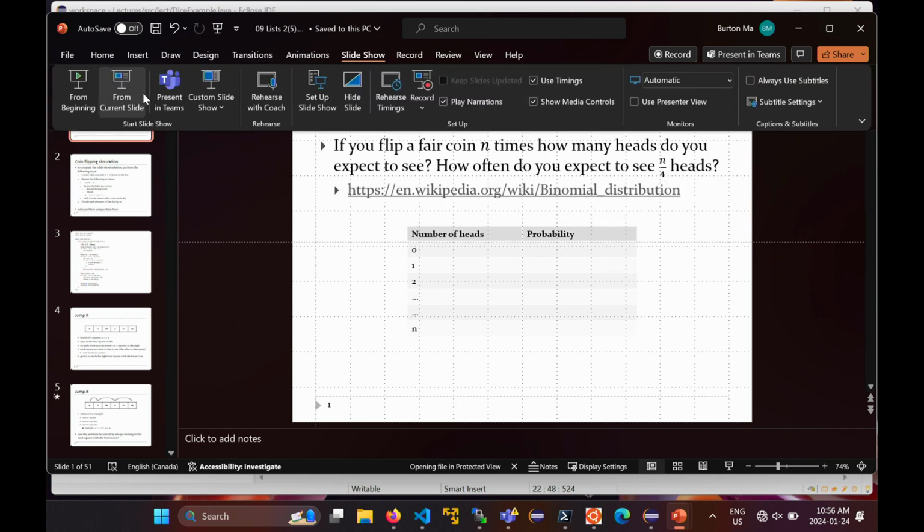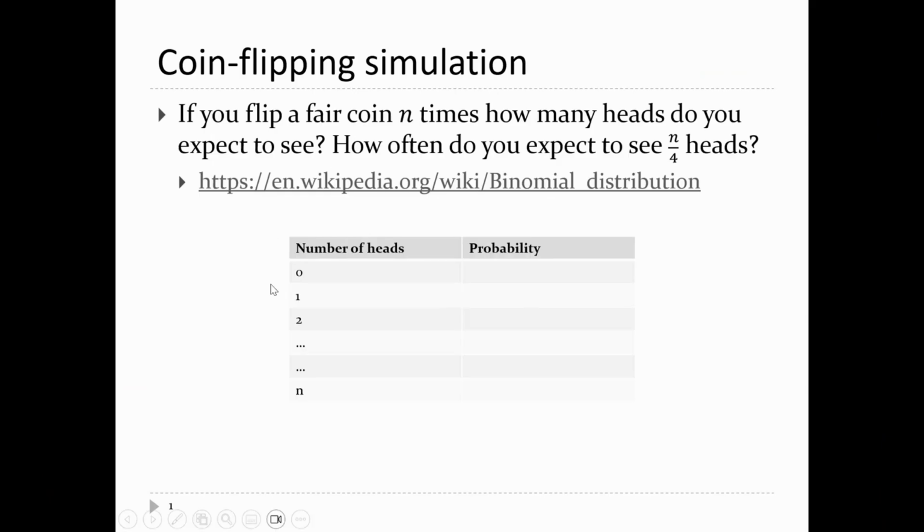Okay, you can do the exact same thing, or something very similar, if you want to simulate flipping a coin. If you're interested in the answer to, if I flip a coin n times, what are the odds that I see 0 heads, or what are the odds that I see n over 2 heads, or whatever you want, you can do something very similar. If you want to enumerate all of these probabilities,